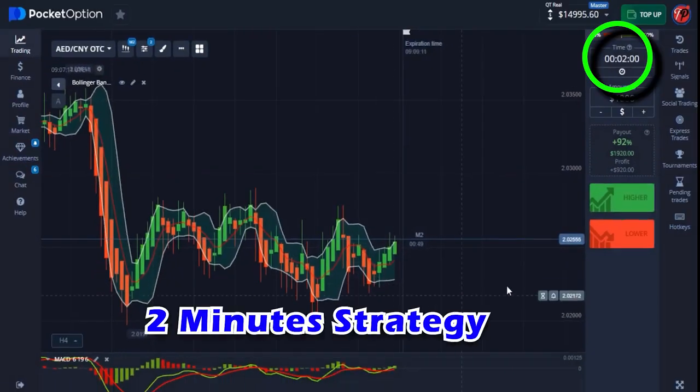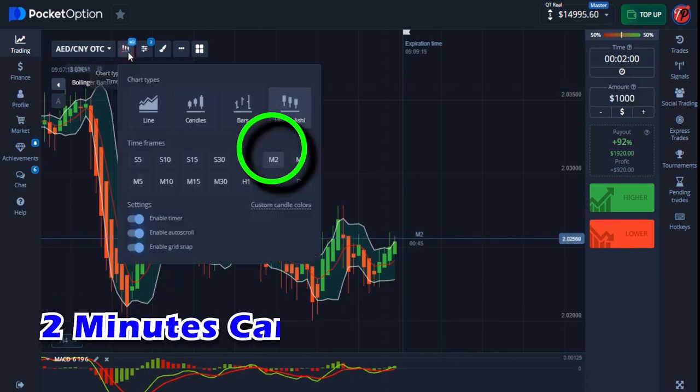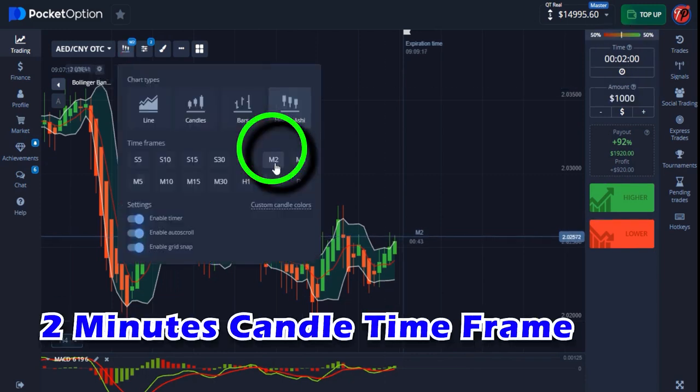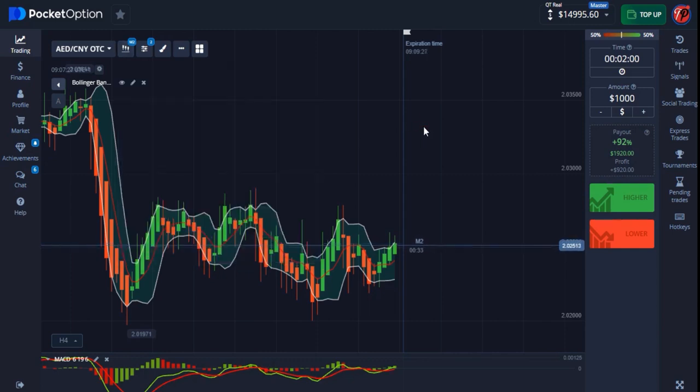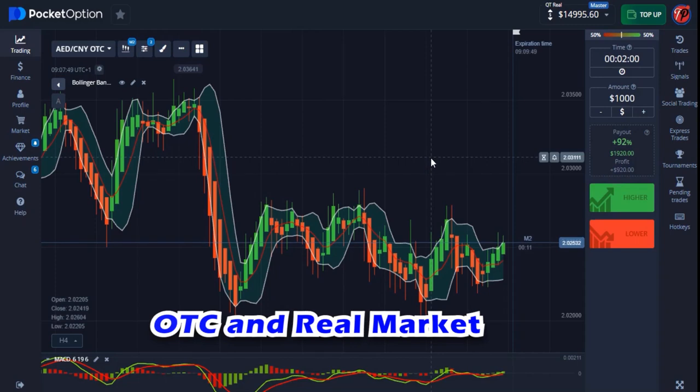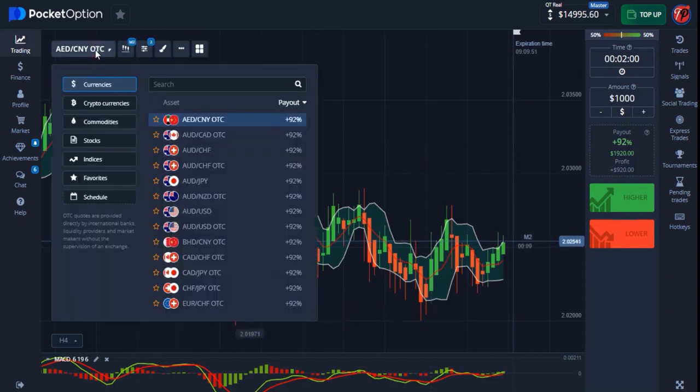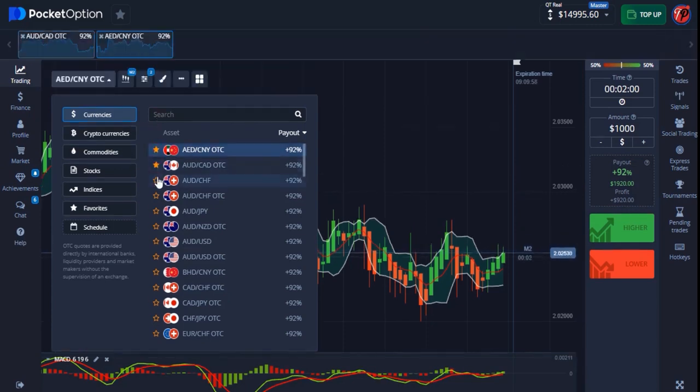So this is a 2-minute strategy. Don't forget that we are doing this on a 2-minute candle time frame. I'm also using it on a Japanese candlestick, which is Heikin Ashi candlestick. So that's pretty much the setup of this strategy. This strategy works with both the OTC market and the regular market, but in today's video I'll be trading OTC mainly. So right now I'll be putting up my concept here, analyzing the market,